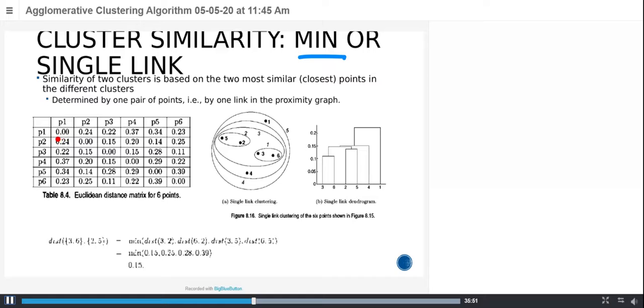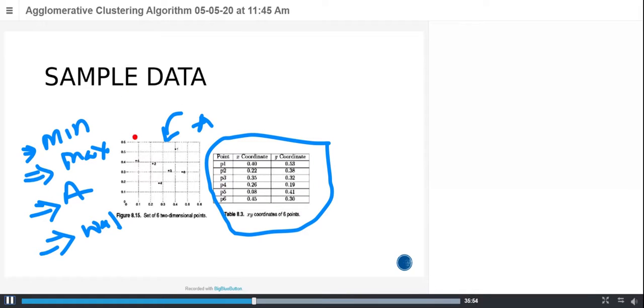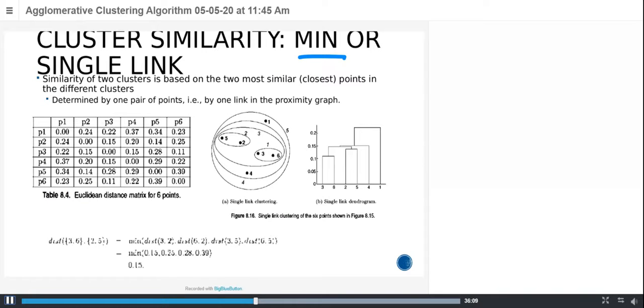Now we know that we are given each point. First I want to calculate the proximity matrix. We are given the x coordinate value as well as the y coordinate value, and we know how to apply the Euclidean distance calculation, which we applied in the last class: the square root of (x2 minus x1) squared plus (y2 minus y1) squared. Whatever distance we get, we represent it here. Once you represent your proximity matrix with respect to the given sample data, these values represent the distance between any two points.